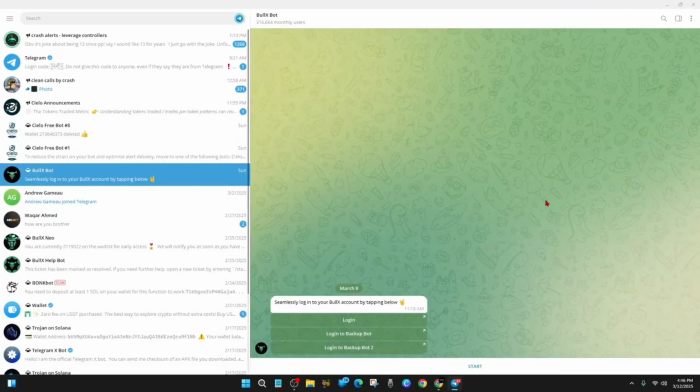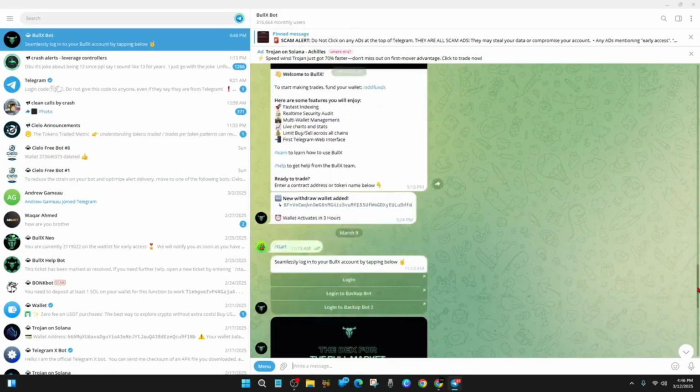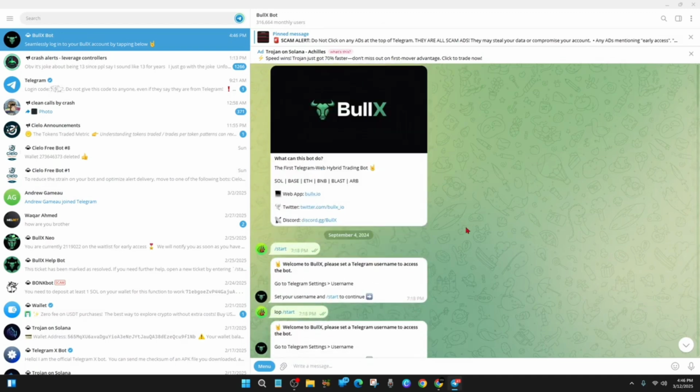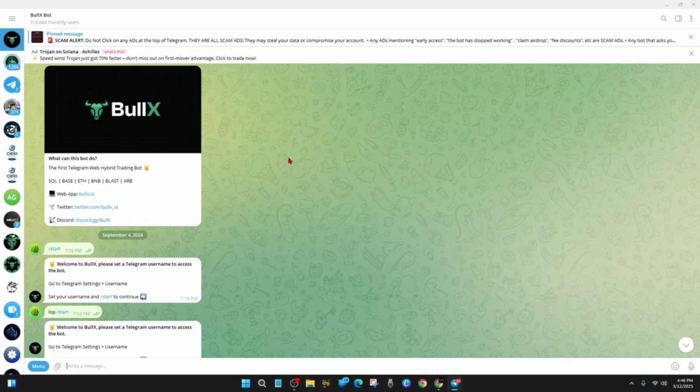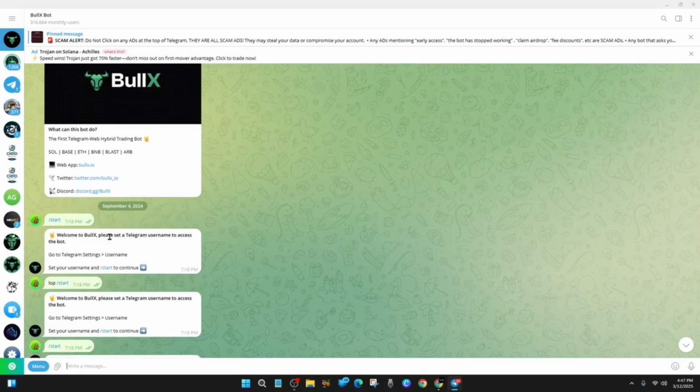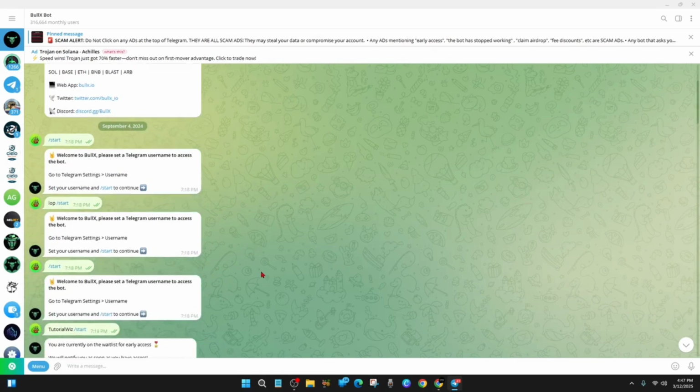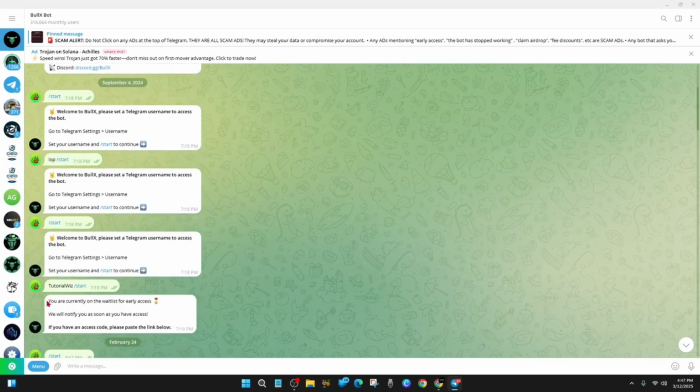like so. And now I'll just go right up to the top of the page here, and you'll come to this screen here. Alright, so from here you need to go ahead and click start. Then it will say welcome to BullX, please set a Telegram username to access the bot. So you're going to put in your username, such and such, and then you'll come to this bit where it